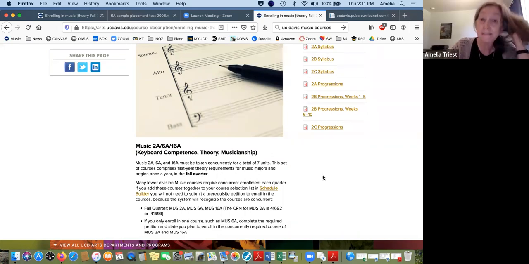Exactly. And sometimes people have taken lots of theory and lots of ear training and no keyboard harmony. So that's an advantage of us keeping those courses separate, that we can plug the holes and not make you take an entire gigantic sequence at the same time. Or we may say, hey, you know what, you should skip the first 2 quarters of theory and jump in the 3rd quarter.